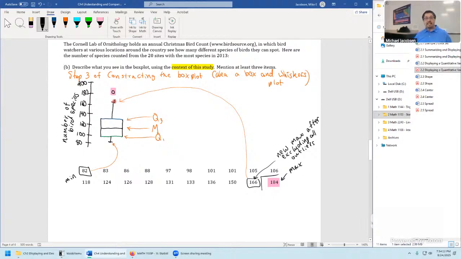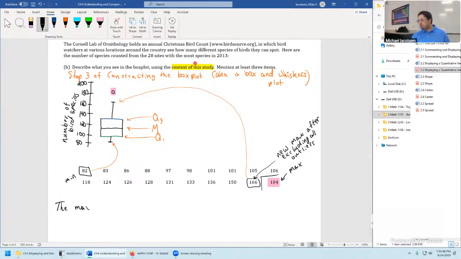So looking into this data, we can mention this value right here. And then the way you said it is important too, right? It's the max if you didn't consider the outlier. So we might want to bring that in as well. So let's bring that in as maybe that would be two of the three items if we're really being careful counting these. You might say something along the lines of, keeping in mind the context,